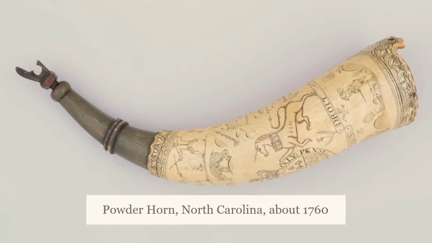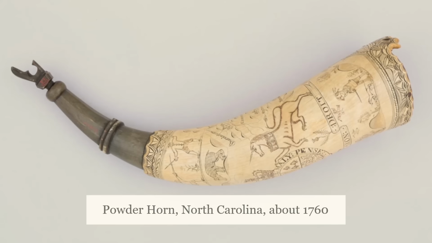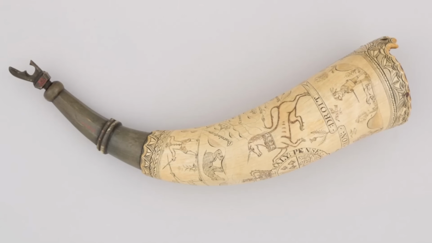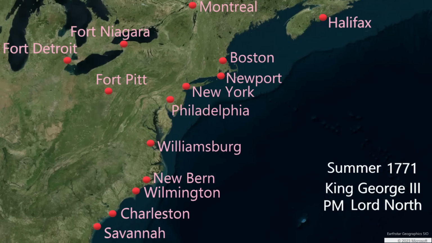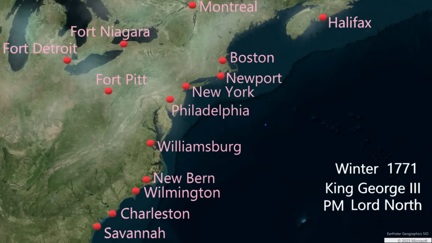The uprising is put down, but the Battle of Alamance shows that colonists are willing and able to organize militia against the state. Summer 1771. With the retraction of most of the Townsend duties in effect, boycotts have ended and trade between Britain and the American colonies is bustling again. Businessmen on both sides of the Atlantic are happy. 1771 comes to an end.